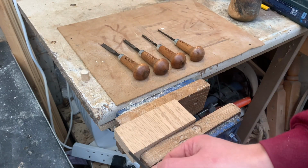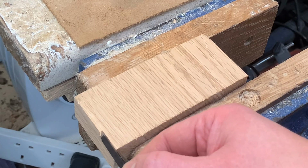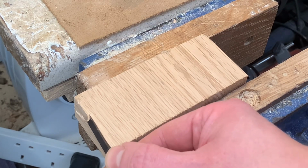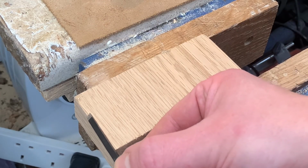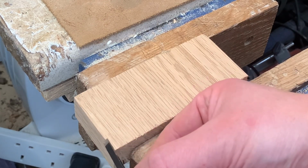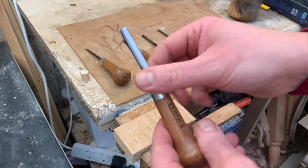It does have a point on it, but that's not what we'd consider to be sharp. So let's see what happens on the corner of here. So you'd use this to get into little areas and carve through. Now that still works really nicely. By the time that's been polished up, that will take no effort whatsoever to push that through there. Next one, so we've got this